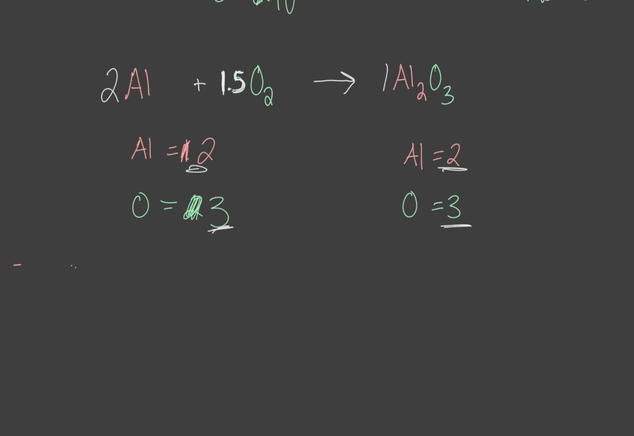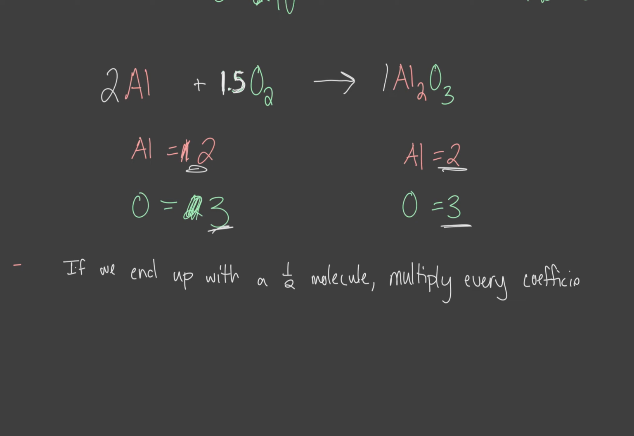But there's a trick. If we end up with a half molecule, multiply every coefficient, every single one, by 2. So what this then becomes is